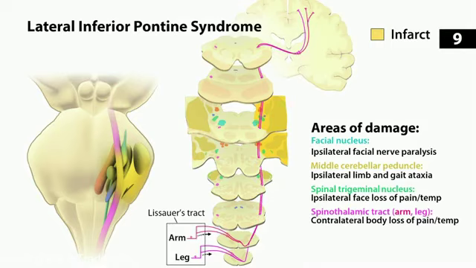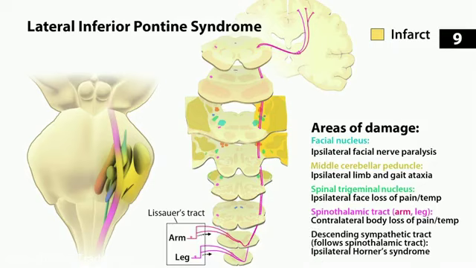So the ipsilateral loss was in the face, contralateral loss of pain and temperature sensation is in the body. And you might have ipsilateral Horner syndrome because of those sympathetic fibers. And this might be caused by occlusion of the anterior inferior cerebellar artery, the AICA. But there's a lot of collateralization from the superior cerebellar artery and the PICA, so lateral pontine strokes are fairly